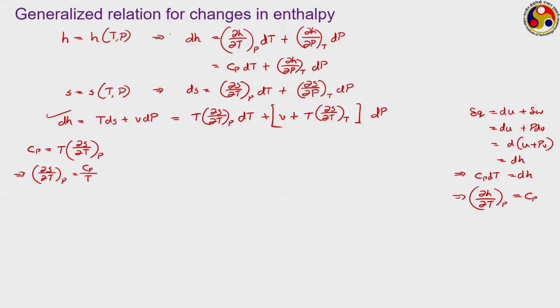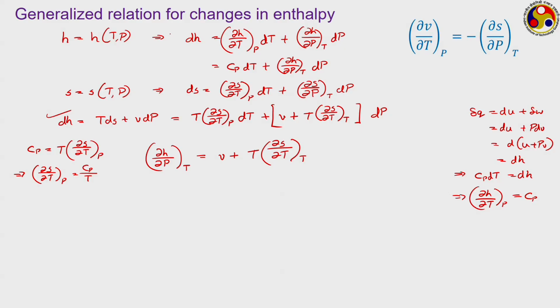Again, make a note of this one; we shall be using it in the very first slide of the next lecture. But our interest is the second term, the coefficient of dP, where we have (∂H/∂P) at T equal to V plus T into (∂S/∂P) at T, and we are going to make use of a Maxwell's relation to write this as T into (∂V/∂T) at P. So, finally, we get dH is equal to Cp dT plus [V minus T (∂V/∂T) at P] dP,